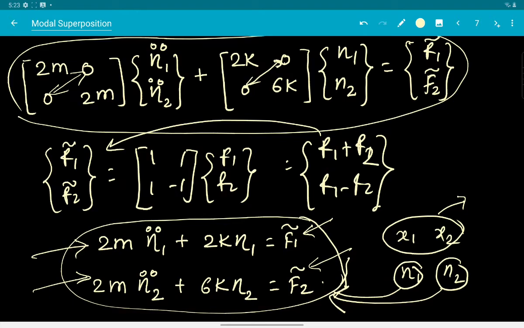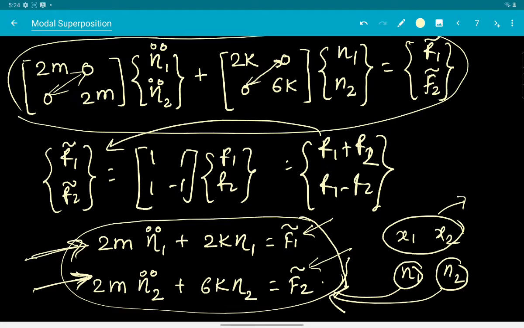But even if it is harmonic, if f1 and f2 are harmonic with different frequencies, it would still have been very difficult to solve using the method that was there earlier. However, with this method it becomes easier, and you can do it for any number of degrees of freedom. Let's say you have a system with 10 degrees of freedom: there will be 10 different equations, one for the contribution of each mode shape. So you will initially obtain 10 mode shapes.